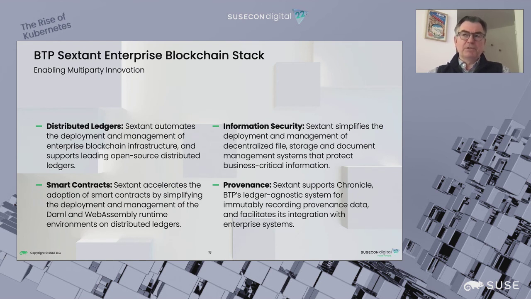We see it as opening up a tremendous range of opportunities for us, but more importantly for people using BTP Sextant, because it very quickly lets you get to grips with tracking the provenance of assets, be they digital, be they physical, and also ensuring that that's backed by a ledger. And then, of course, being able to reason about those facts. So, what activity took place, what agent or agents were involved, and what was the asset in question.